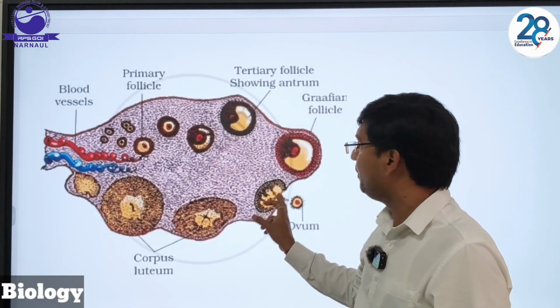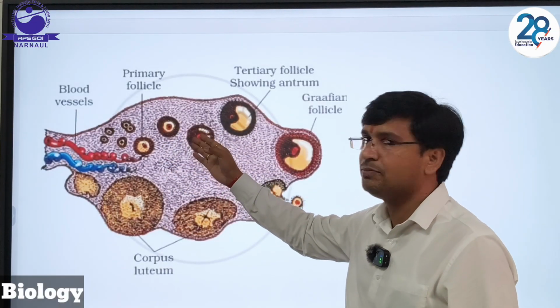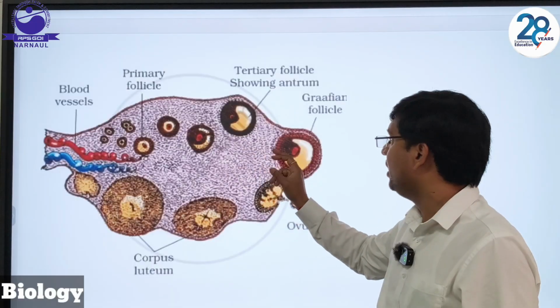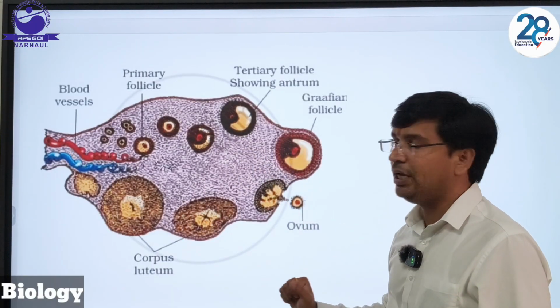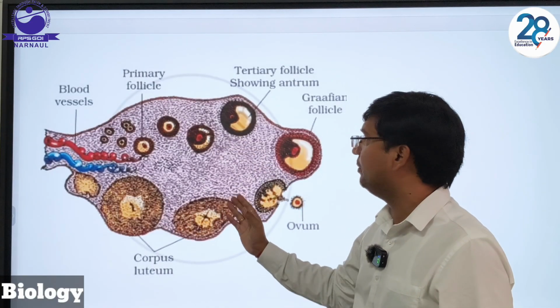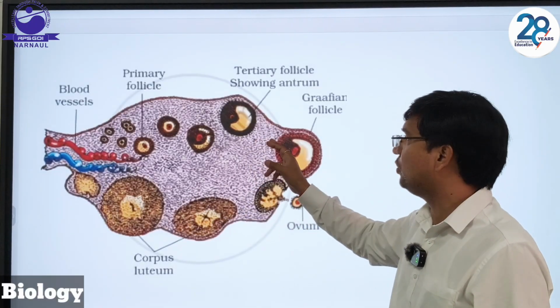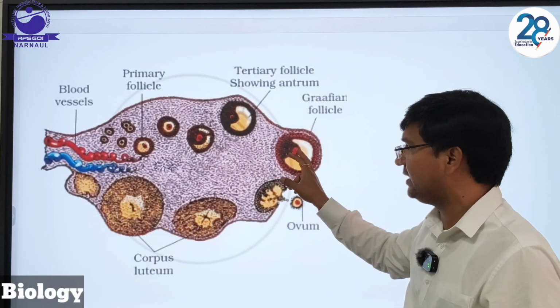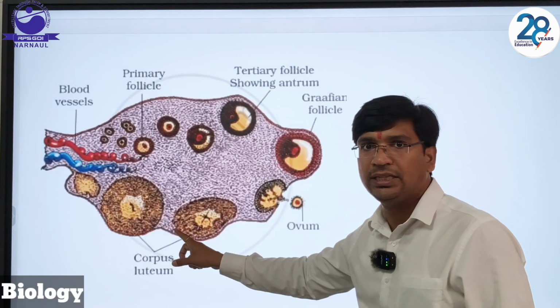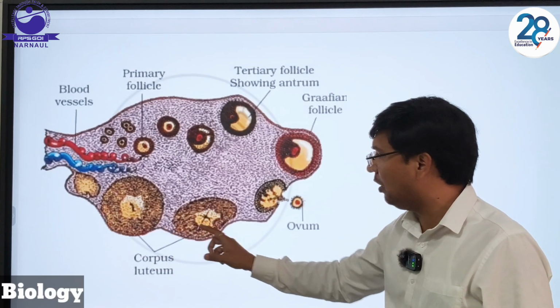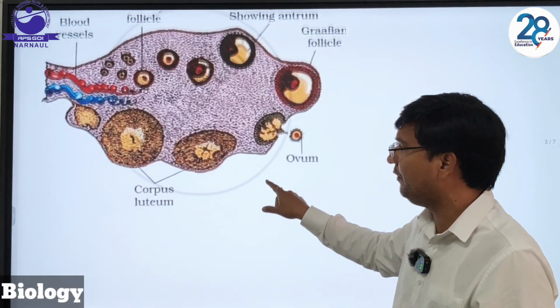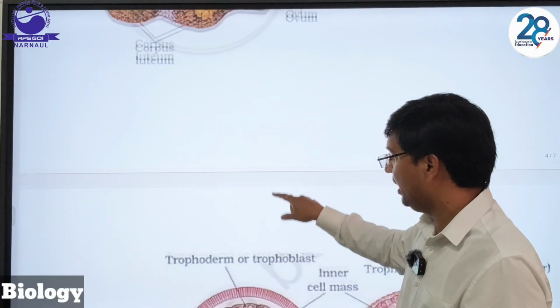Ovarian cortex possesses the developing follicles in terms of primary, secondary, tertiary, mature Graafian follicle and the corpus luteum. These follicle cells synthesize and secrete the estrogen hormone under the influence of FSH, and the corpus luteum synthesizes and secretes progesterone under the influence of LH. Next slide is